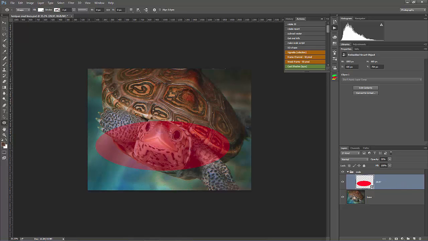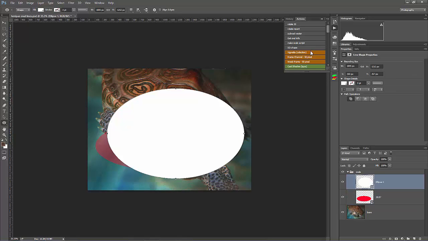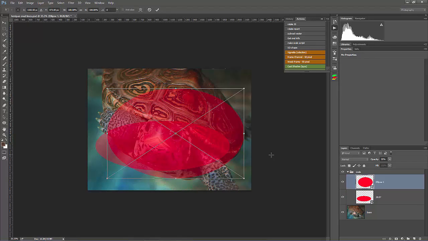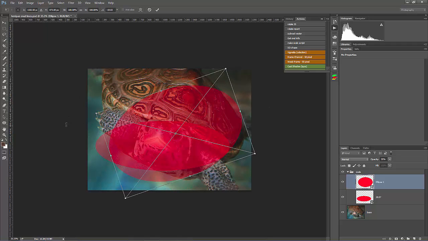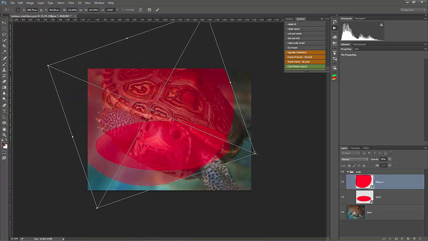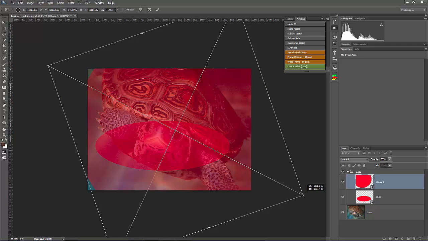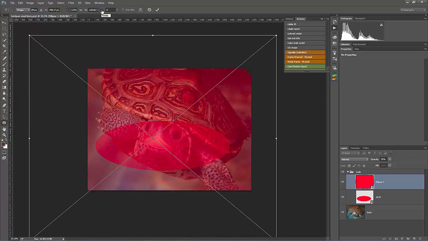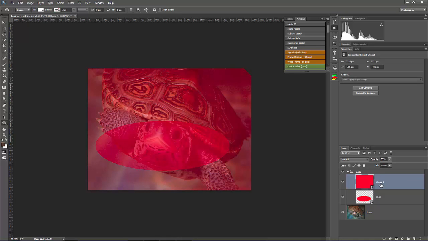Now I'll create another oval, change it to smart object, and I will put it at a different angle and cover the entire frame because I want it to bleed to the edges like so. And here we have minus 19.03. So I'll put that in there, minus